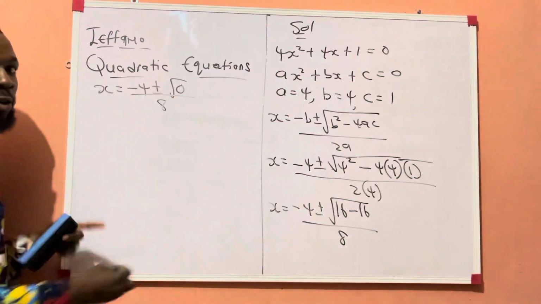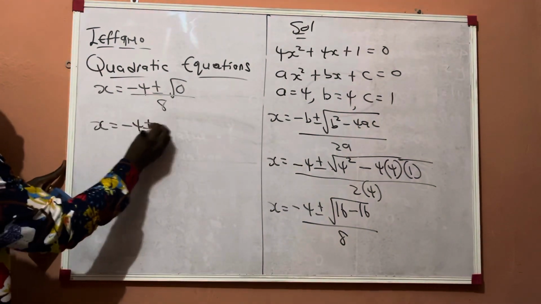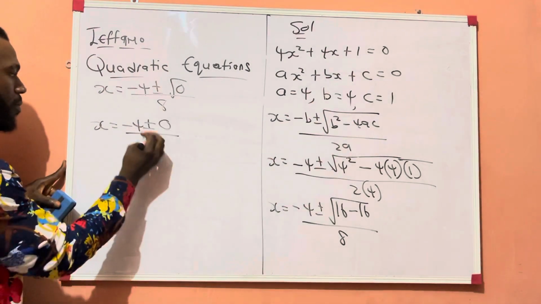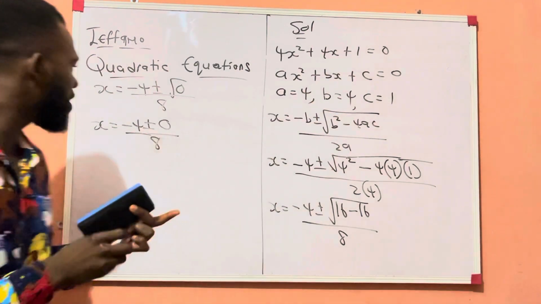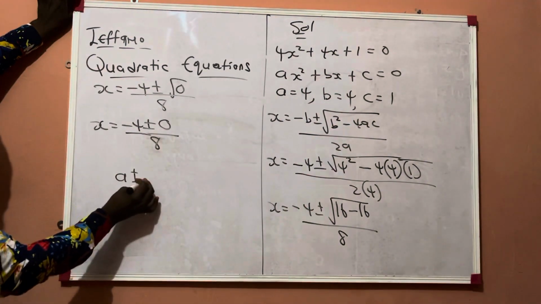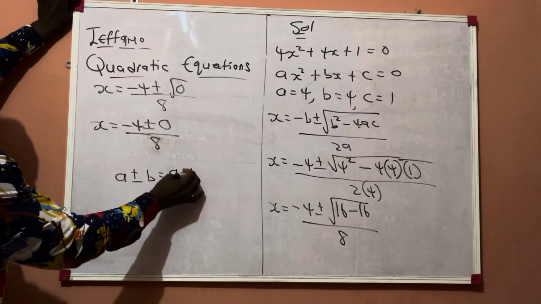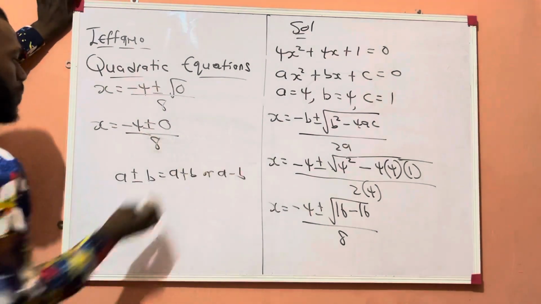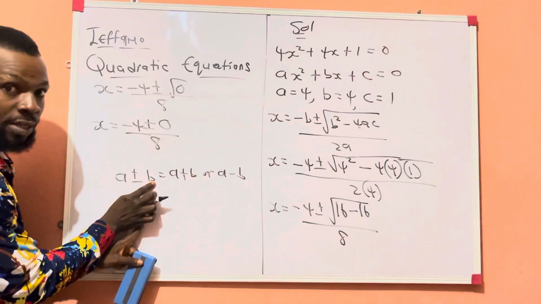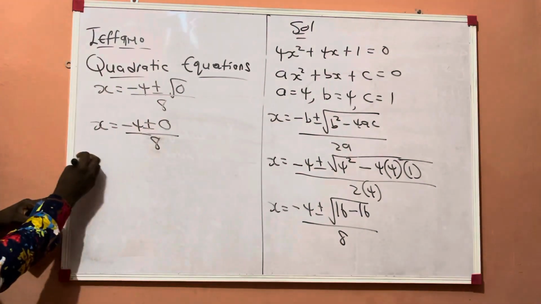Now, without wasting time, we have this. The square root of 0 is 0. So here becomes x is equal to minus 4 plus or minus 0 over, sorry, over 8. Now, listen up. When you have something like this, a plus or minus b, it simply means a plus b or a minus b. Why? Because I have two signs here, a plus b or a minus b. So now, what do I do in this case? When I get to this place, I simply say,